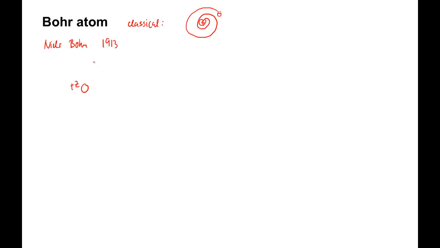When the electron is circling the nucleus at a certain distance r in a stable fashion, the centrifugal force must be equal to the electrostatic Coulomb attractive force in order to yield a stable orbit. The attractive force is 1 over 4 pi epsilon 0, where epsilon 0 is the vacuum permittivity,